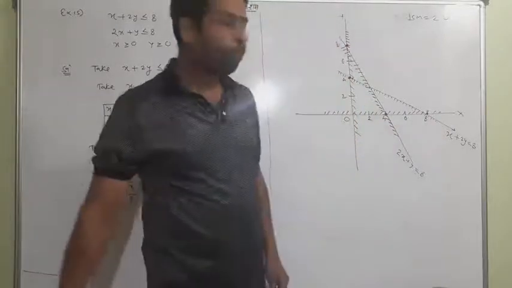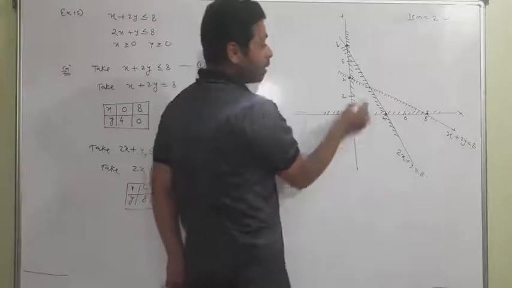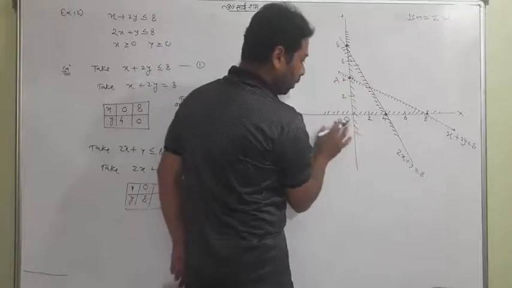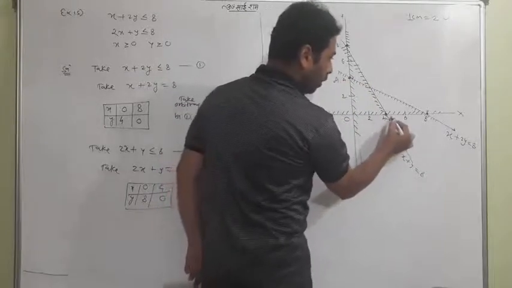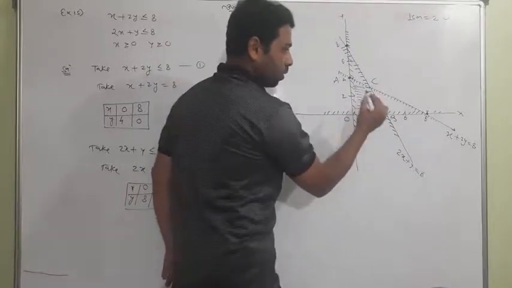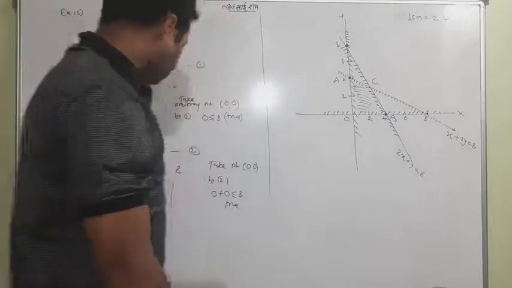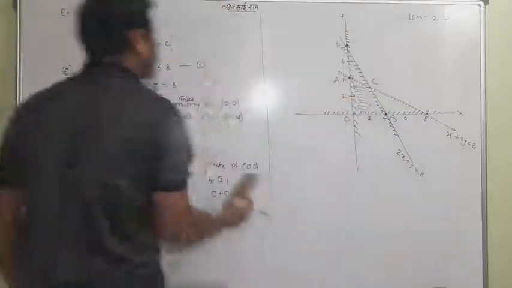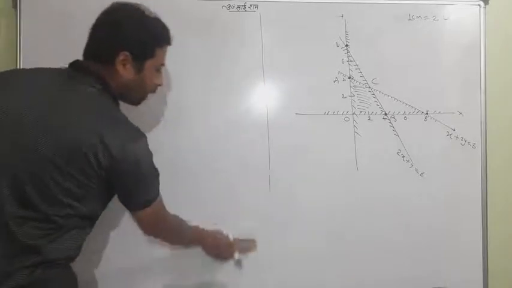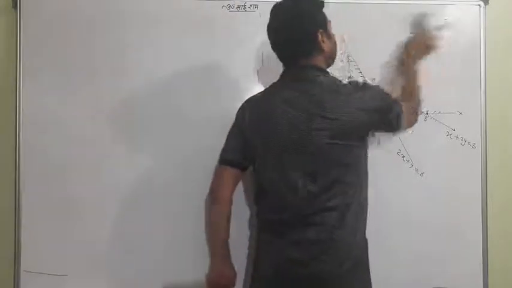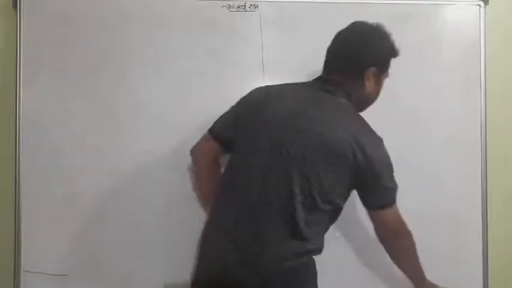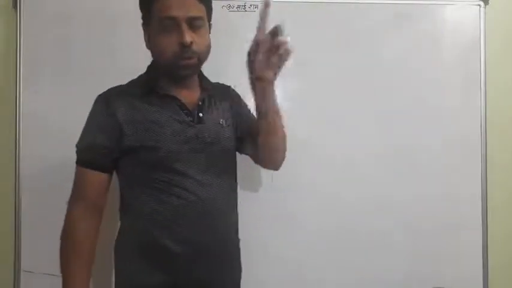Okay, fine. Now what is the common region? One can simply understand that this is a portion. Suppose I am putting the names A, O, B, C. A, O, B, C is the common region, which is called the solution of the inequalities. I again want to tell you that it is nothing new. It is very simple for one and all. One just has to take the inequality, make the shaded region and get the answer. So nothing special. This was a bounded region because it was covered with all the lines.